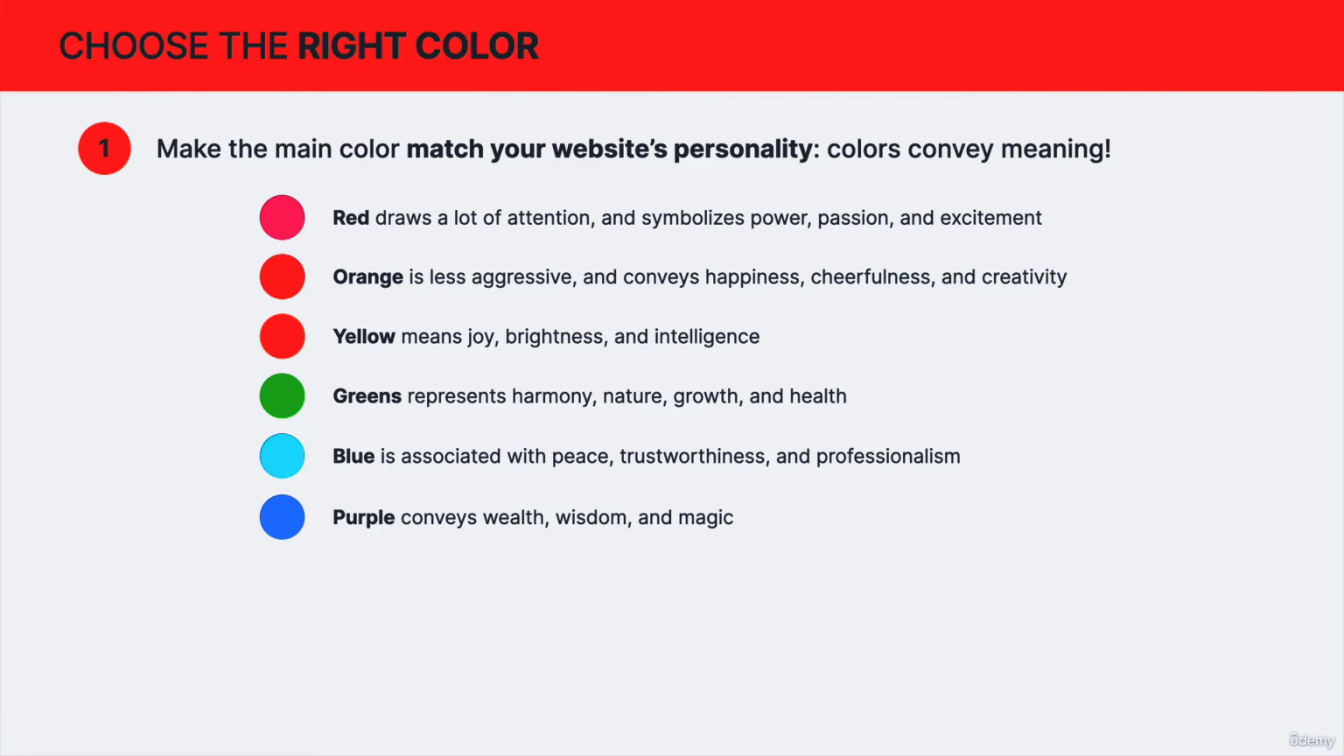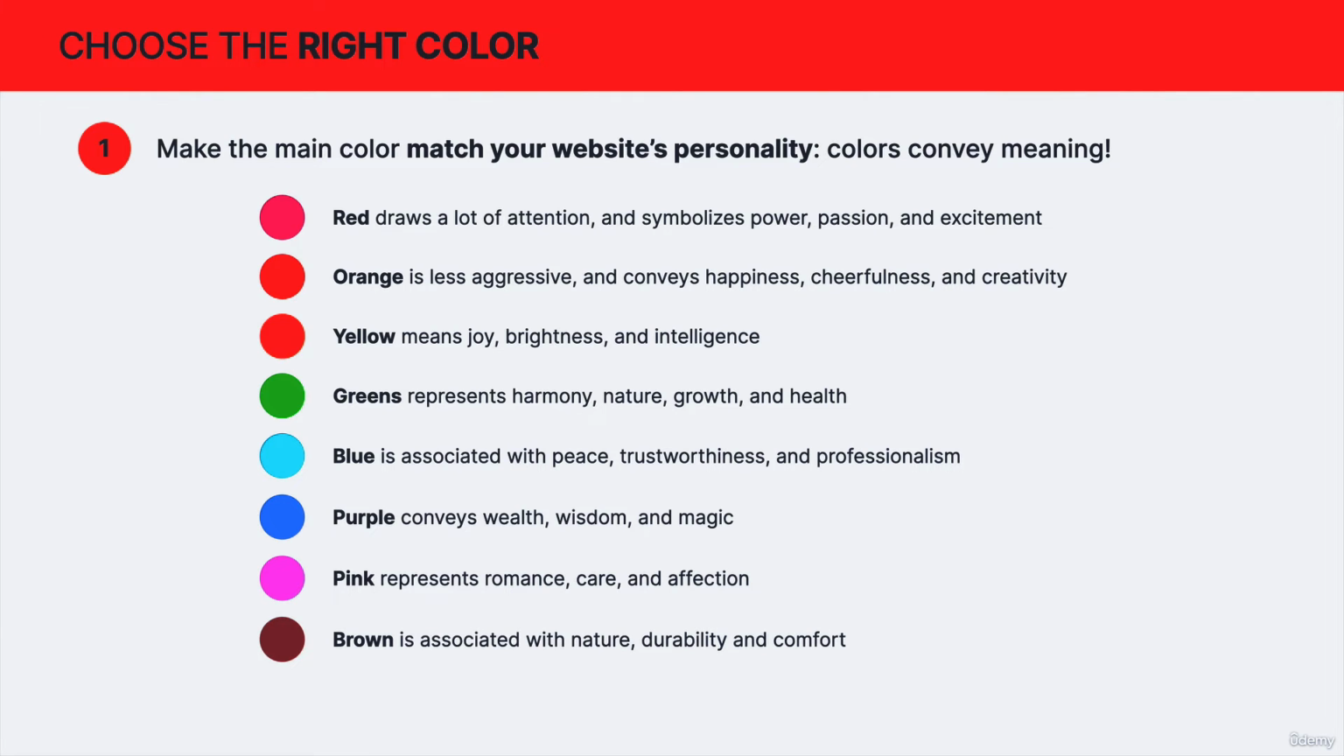But anyway, we then have purple, which conveys wealth, wisdom, and also magic, in case you're looking for that. Then pink does represent romance, care, and affection, which comes to us, I think, quite naturally, the meaning of this color. Then we have brown, which usually represents nature and comfort and durability. And then finally, we also have pure black, which once again symbolizes power, a little bit like red, but it also symbolizes elegance and minimalism on one hand, but on the other hand, it also shows grief and sorrow. So black is a difficult color to use,